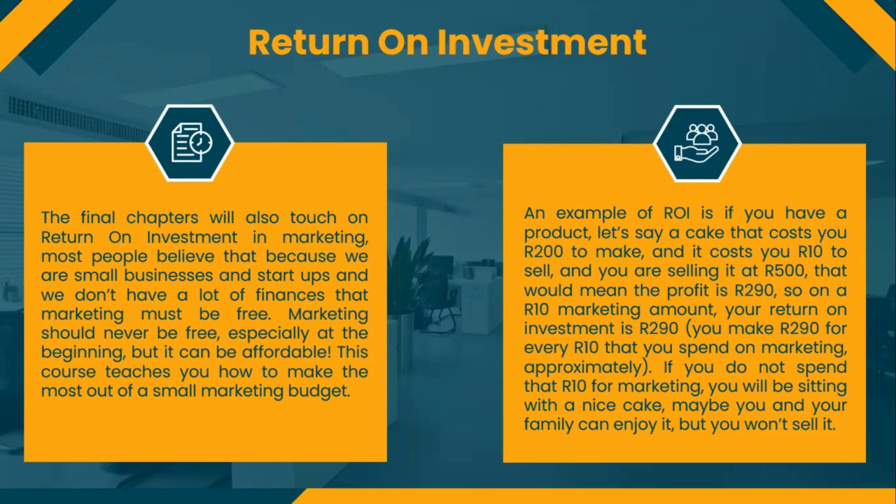So not considering all other expenses, but for every 10 Rand you spend on marketing, you get about 290 Rand, which means you make 290 Rand for every 10 Rand that you spend approximately. We can never calculate this to an exact figure or exact amount because life happens, COVID will happen, and all those kinds of things. So you can't get to an exact amount, but you can get to an approximate amount. You can be able to see on average how much can I sell in a week? How much can I sell in a month? You can be able to calculate this on average and you'll be able to build your business on that.